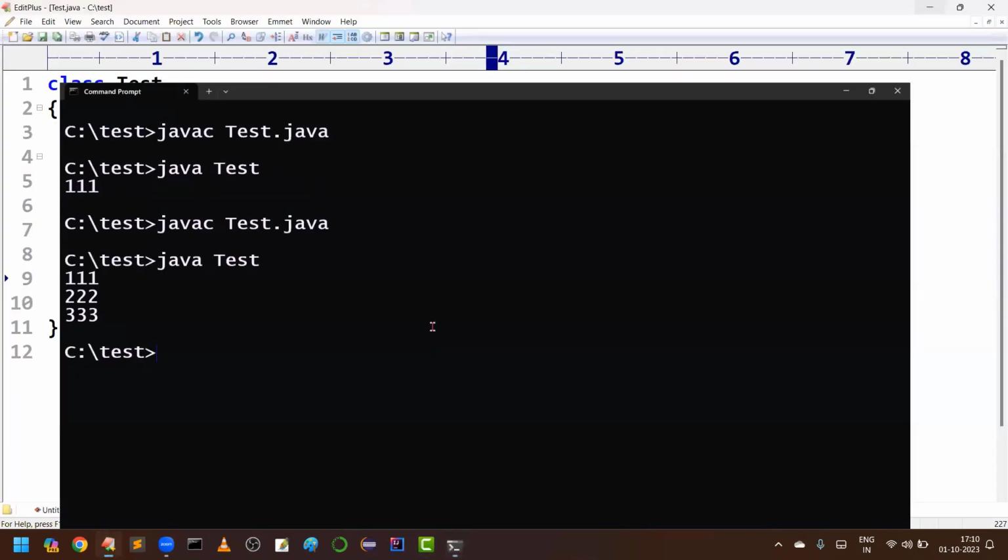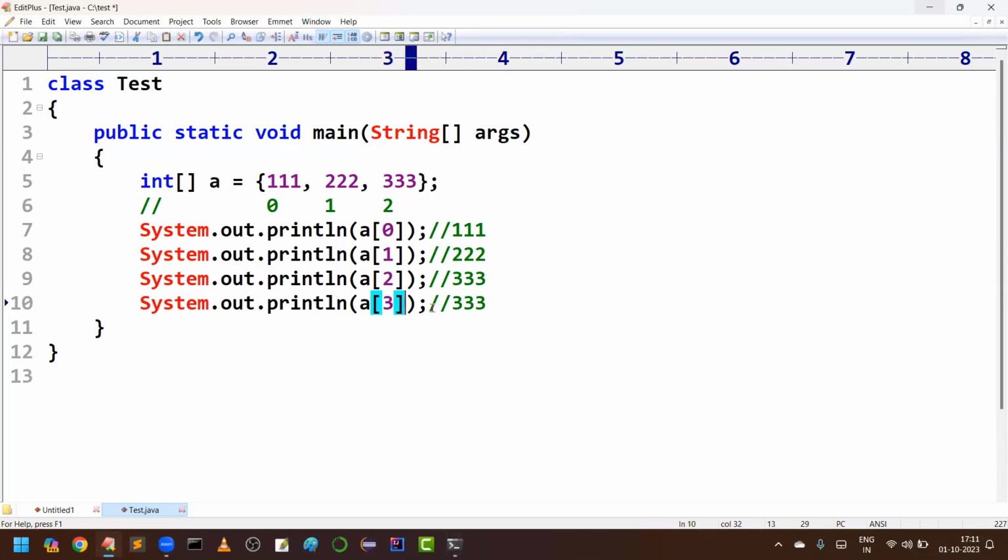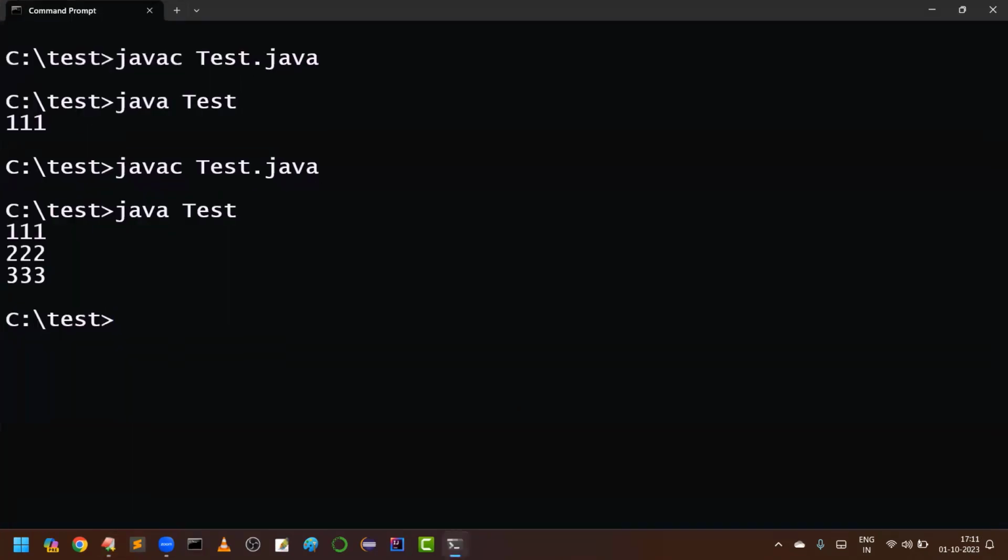Now my requirement is to access the element present at the third location. But you can see there is no third location. The compiler is only going to check within the brackets whether you are giving an integer value or not. Yes, we have given an integer value, so it is valid, and the compiler is going to accept this. But when you execute the program, we will get an array index out of bounds exception like this.